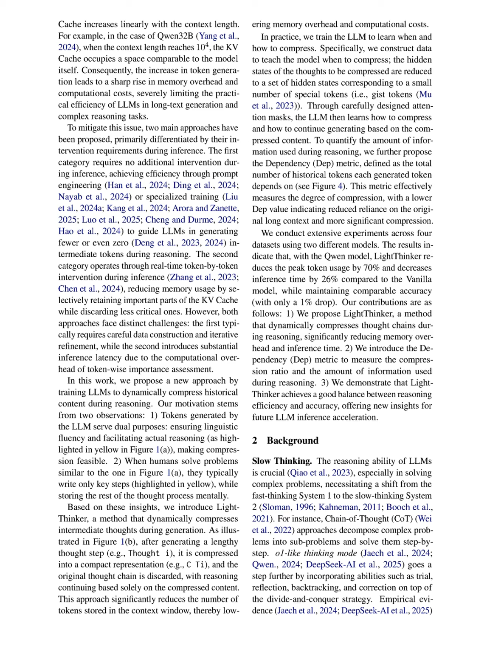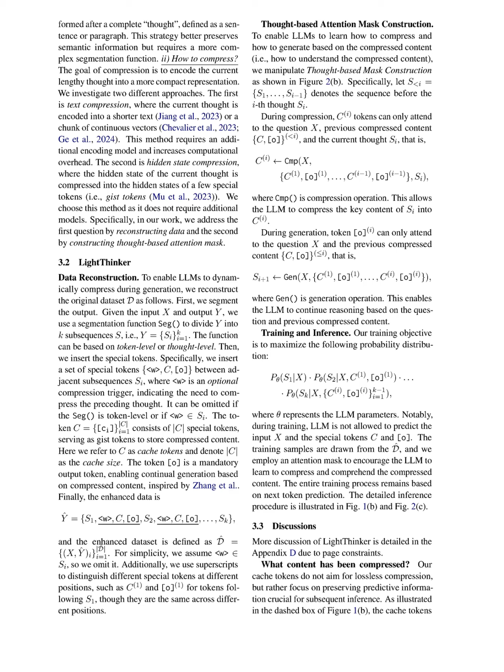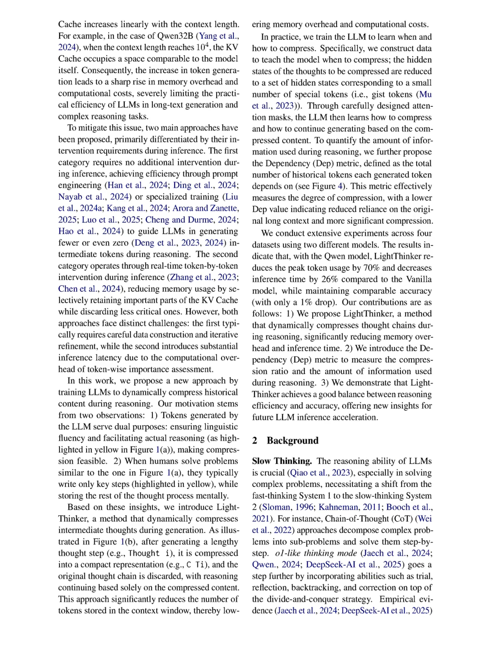without the full detail. After this compression, the model discards the original lengthy thought and continues reasoning based solely on the compressed content, allowing it to focus on key steps rather than the entire thought process. This method significantly reduces the number of tokens stored in the context window, thereby lowering memory overhead and computational costs. The model learns when to compress and how to generate subsequent thoughts based on these compressed representations, effectively streamlining the